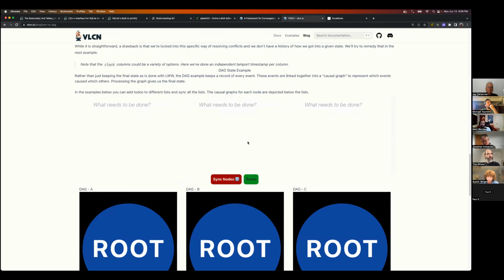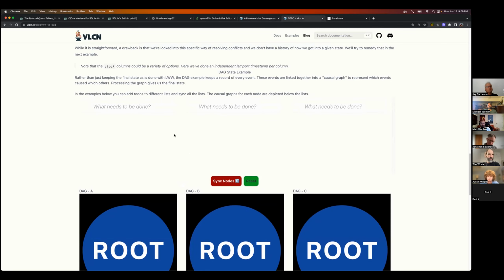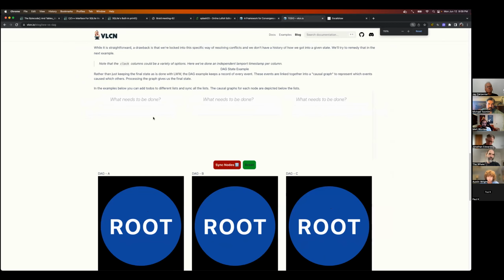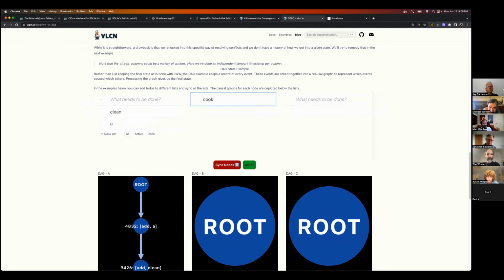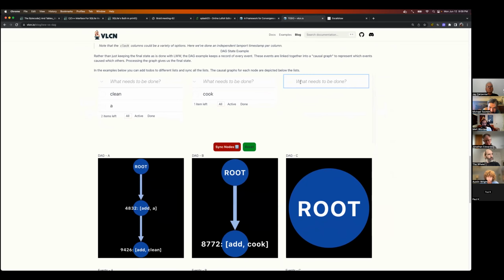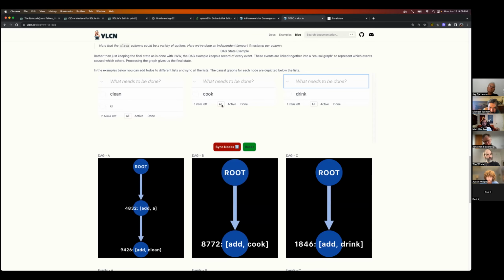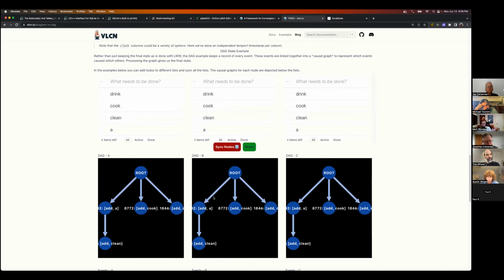I have a better visual. This is not exactly the same concept, but it's close. It's like a to-do list based on events. Essentially it shows you the event name, the arguments, and when you sync, it's creating that DAG, and it gets linearized by doing a specific traversal.